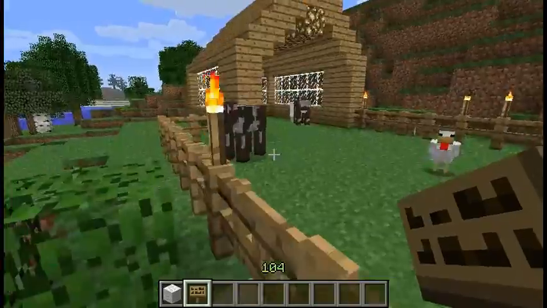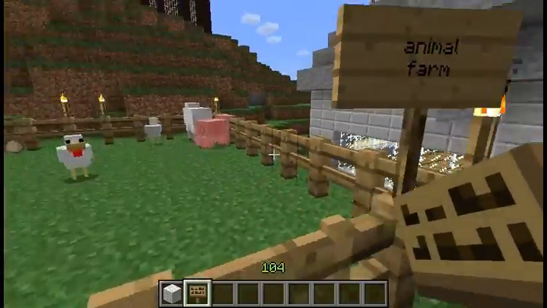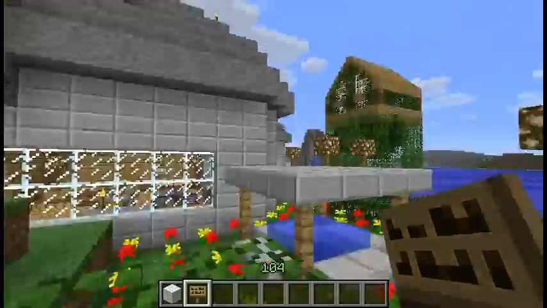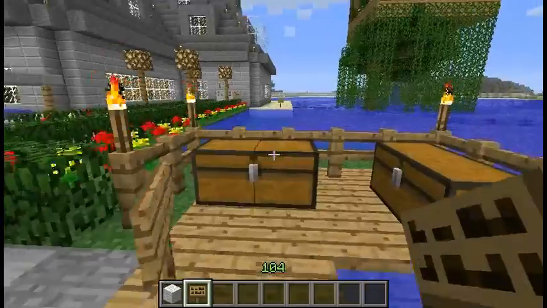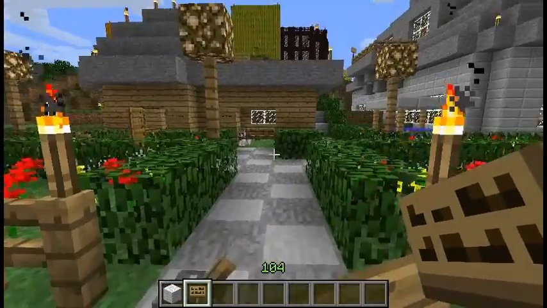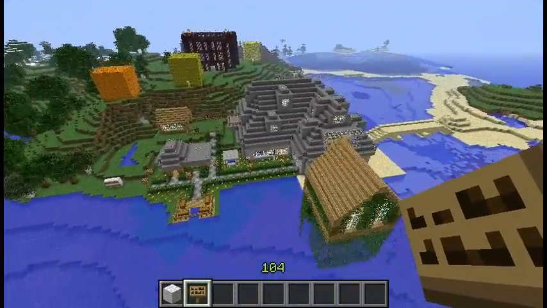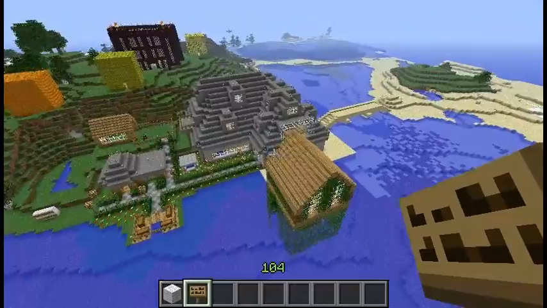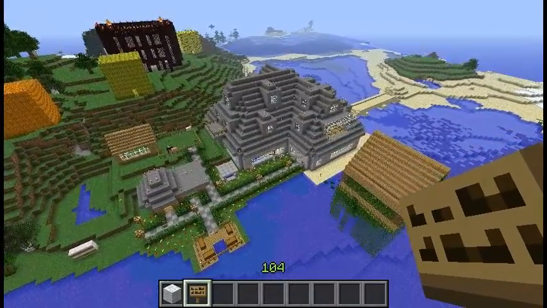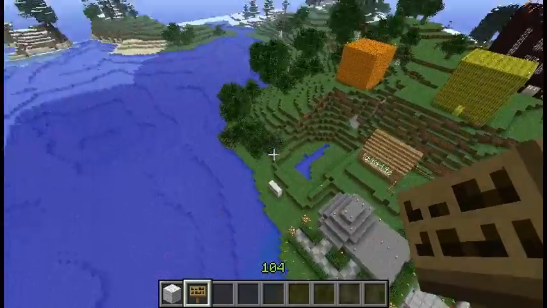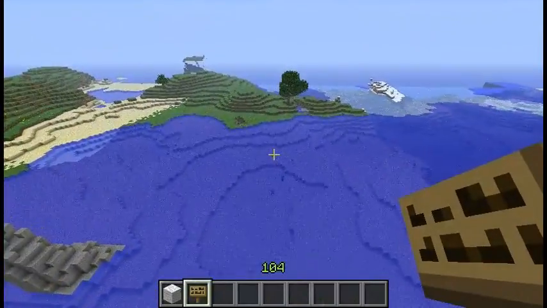Animal farm, that's pretty cute. So there's animals here, there's a little bit of a farm, but the size of it is not quite consistent with the size of the house, right? And when I say you might want to step back and look at it, you literally might want to step back and look at what you have. You have basically one house. And if you want to build a city, you're going to have to figure out where to build the other houses, right?